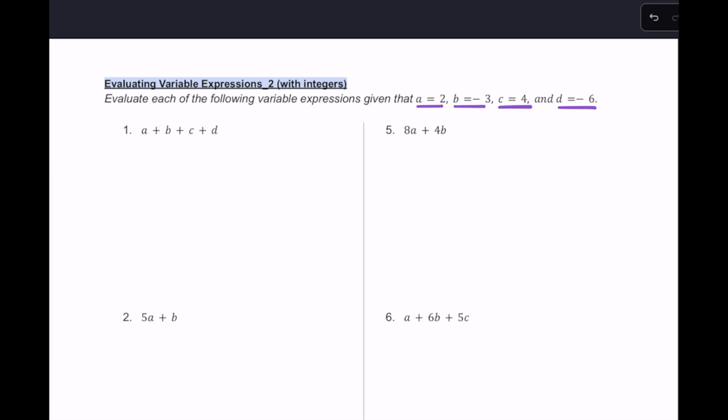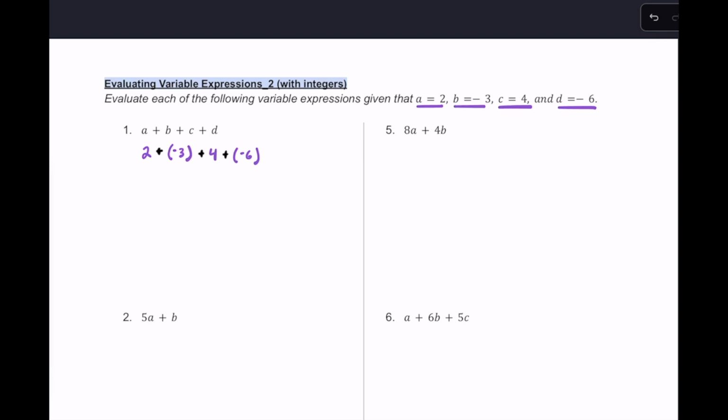So for number 1, we have the expression a plus b plus c plus d. We're just going to go ahead and make some substitutions here. So a is equal to 2, substitute that +2 in, plus we have this value for b. Now b is -3, we're always going to put those in parentheses. Keep that super clear. For c, we're going to substitute in this +4. Let's go ahead and just put a 4 there. And then d, we have -6. We're going to add a -6. So make sure you do put parentheses in front of each of those negative values to keep that nice and